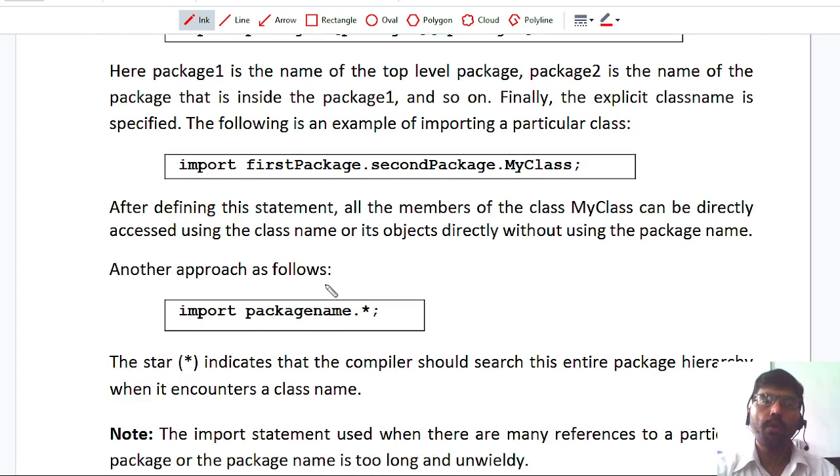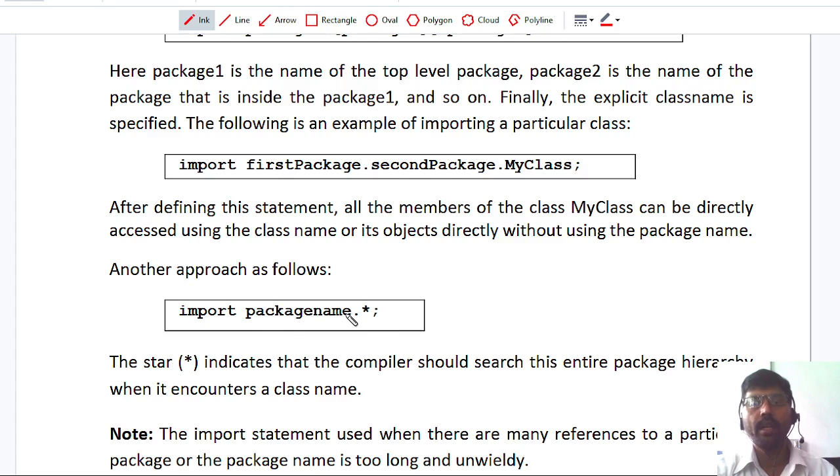Now, one more variation of this import is import packagename.* with the star or asterisk symbol. The package name is a hierarchical structure of the package, maybe package1.package2.package3.package4, like that.